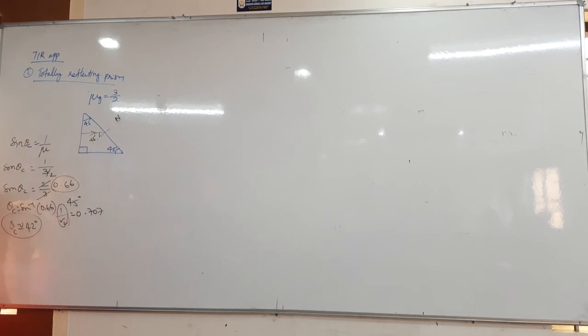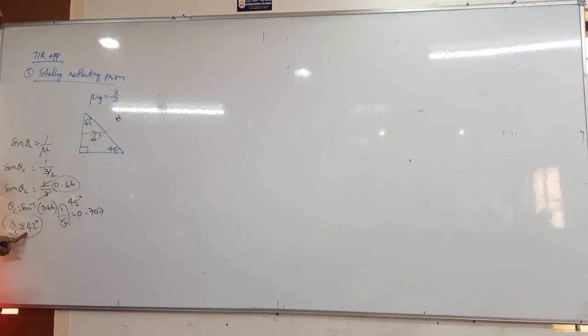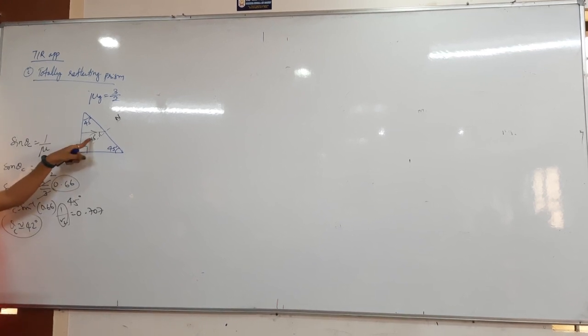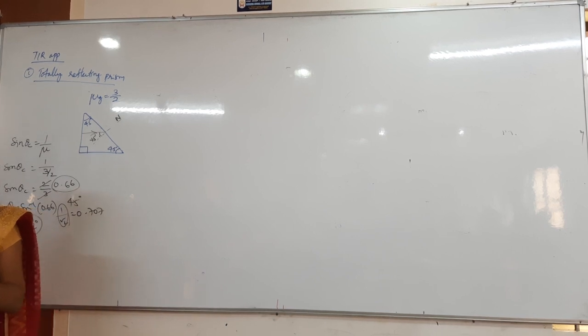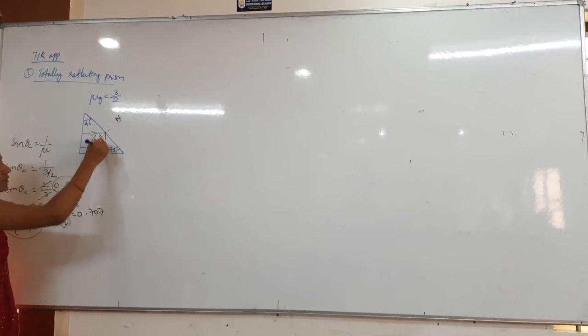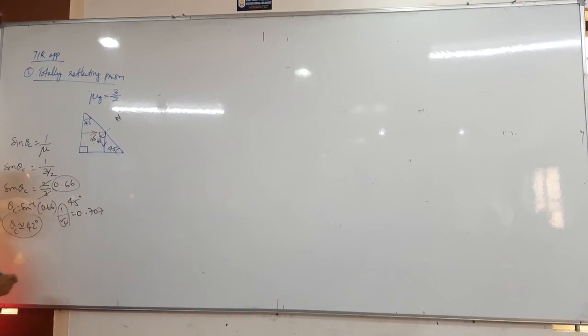So with respect to the normal, how much angle am I making here? 45. But my critical angle is how much? 42. So I am incident with more than the critical value. Then what happens? Total internal reflection. Reflection, from the laws of reflection, angle of incidence is equals to angle of reflection. So again it has to emerge out with the same angle, that is 45 degrees only.